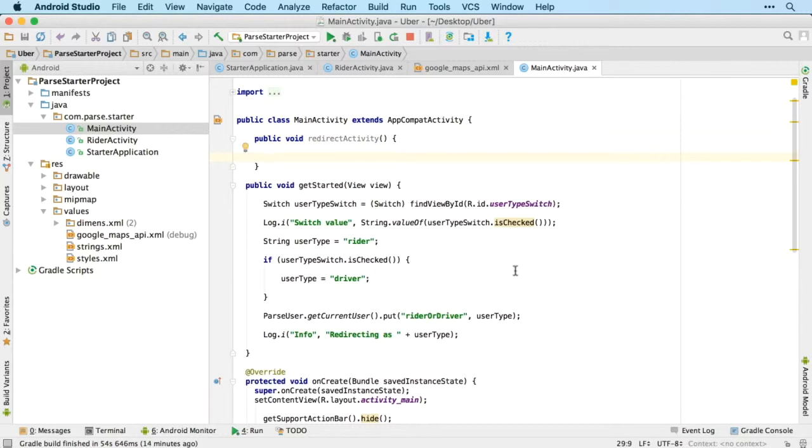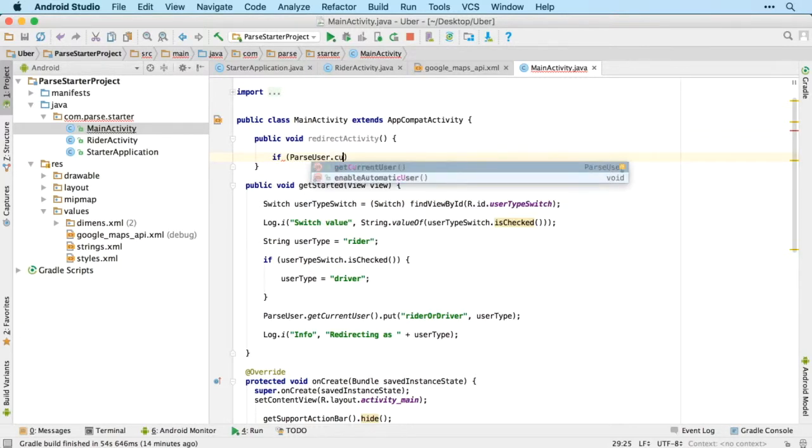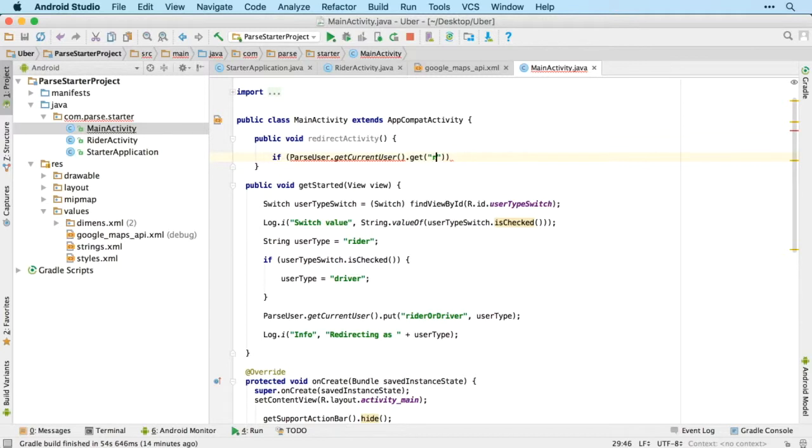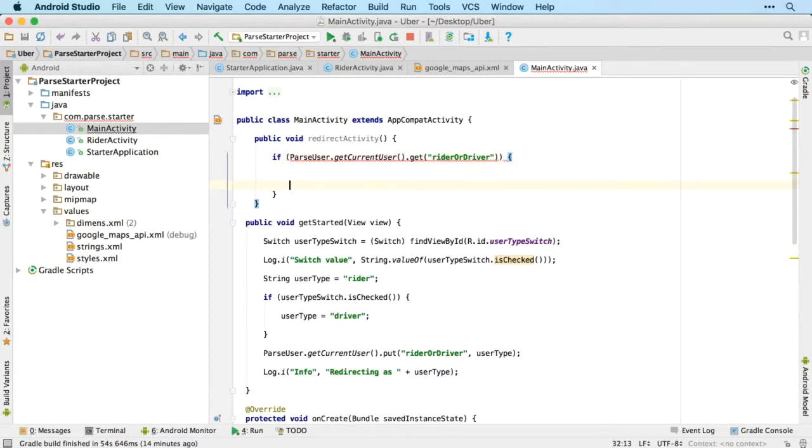So again, we'll check to see if the current user is a rider or a driver. So if ParseUser.getCurrentUser().get rider or driver, and we'll see if that's equal to rider, and if it is,